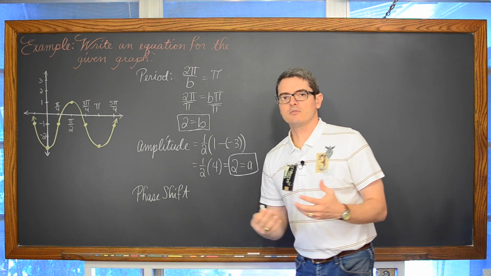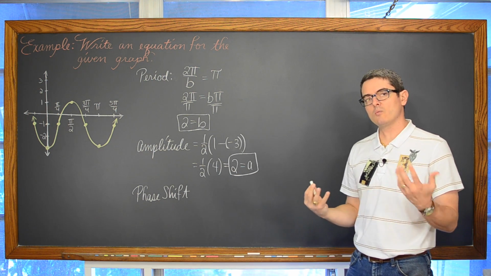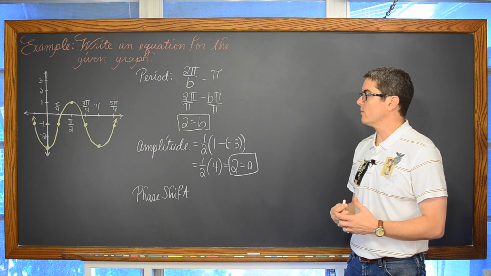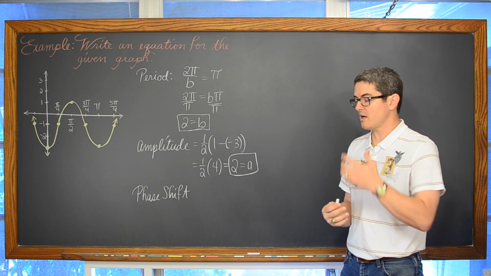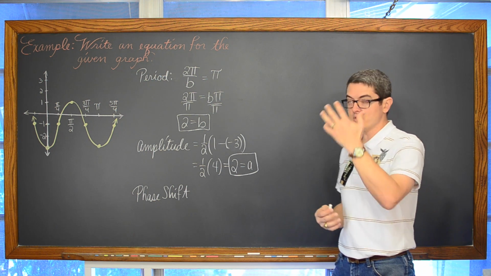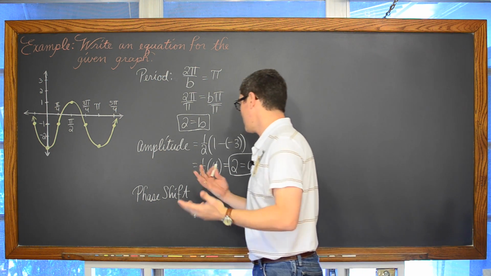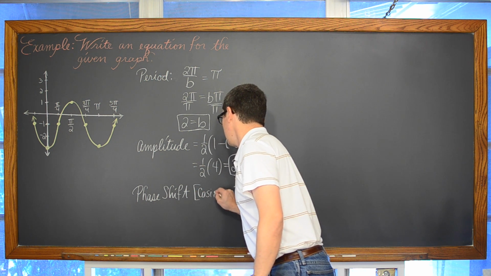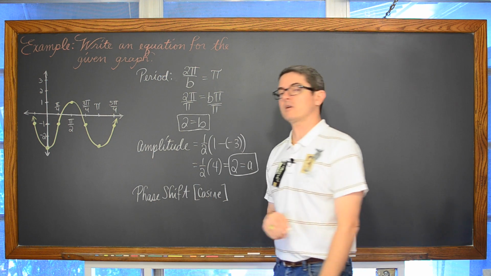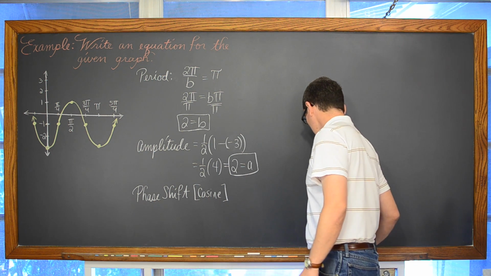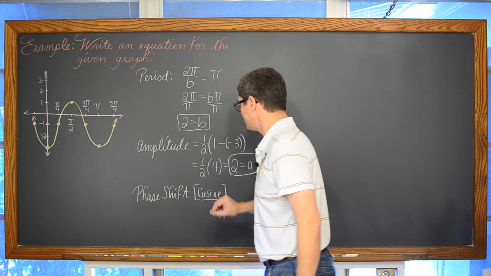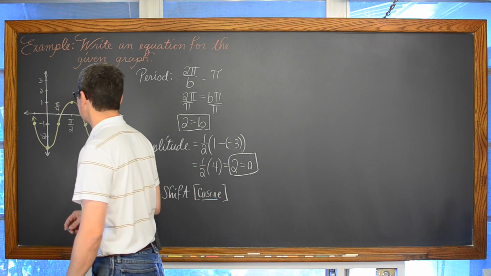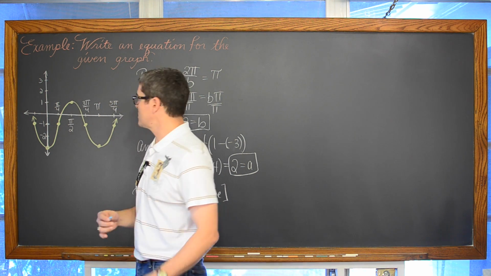Well, the phase shift you come up with is going to depend on whether you want to write an equation in terms of sine or cosine. And I want to do both, but for argument's sake, let's do a phase shift for setting up an equation that is in terms of the cosine function. Well, the cosine function, as I just had on the board a second ago, the cosine of 0 is equal